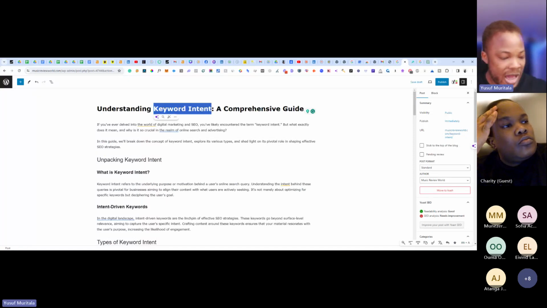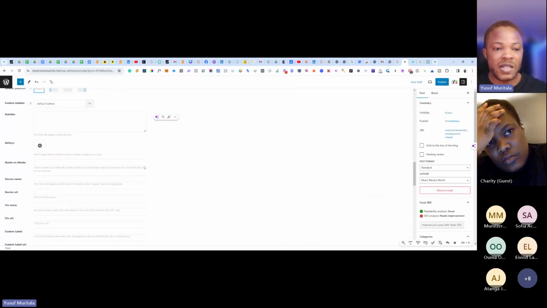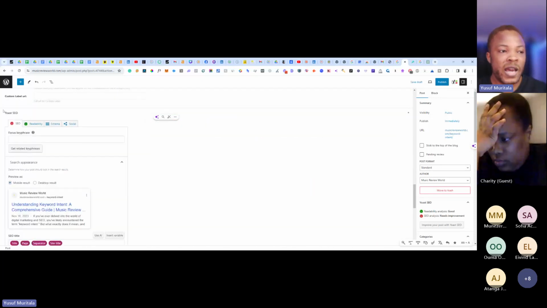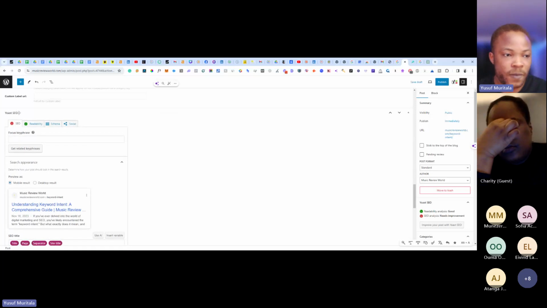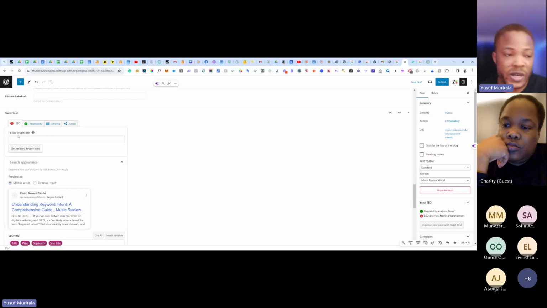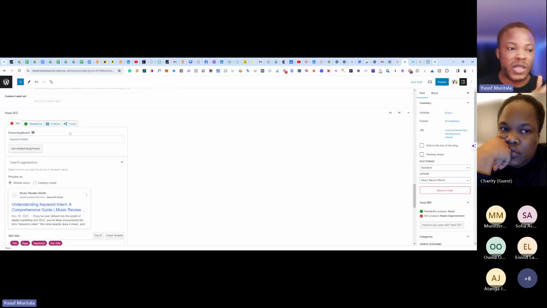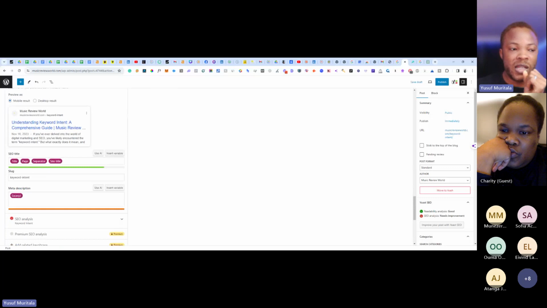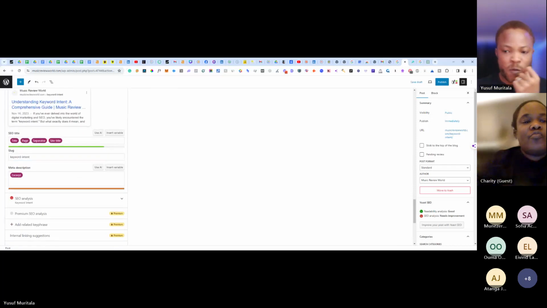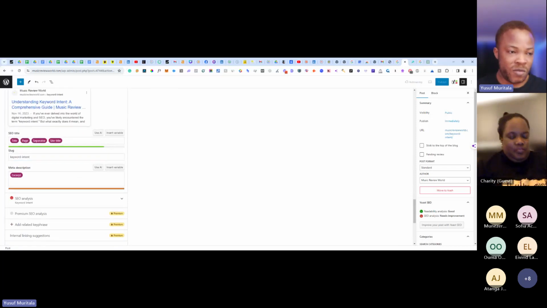Here we have this section, the Yoast SEO section, right? It says focus keyword; key phrase is also the same thing as keyword. So now we put it here. That is what we want to rank this article for. You can see it's the same thing in the URL, which is also called the slug. You understand what I mean? All of this we have defined in the previous session, so maybe you can refer to it and understand what it means.